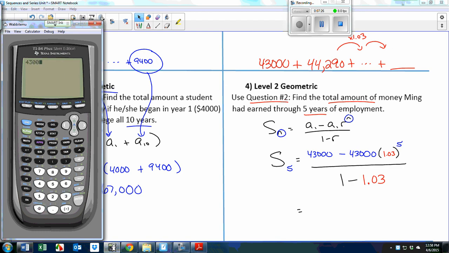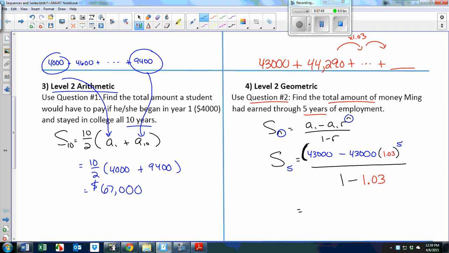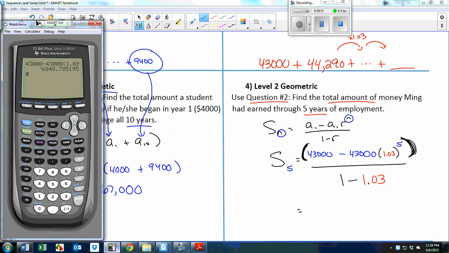43,000 minus 43,000. This is the way most people will start to type this. So I'm modeling that for you. And when you hit exponent 5, if you choose to now hit the divided by arrow, you're going to miss this problem because you didn't start with a parentheses. You have to hit enter now. You didn't start with a parentheses right there. You have to end one there, divided by, remember the calculator follows its order of operations, and you have to group that whole top with parentheses, and I didn't do that, so I need to just hit enter, and then divide it by